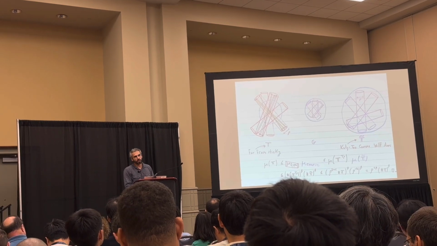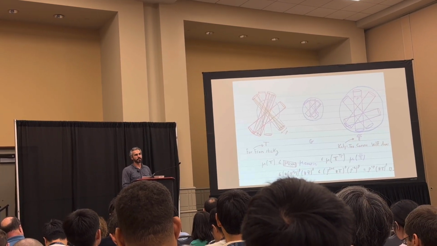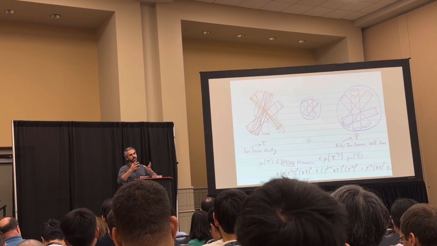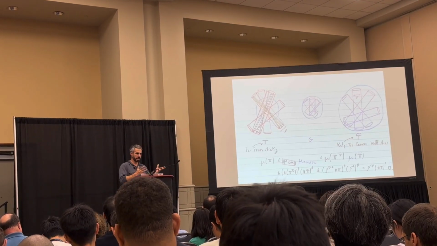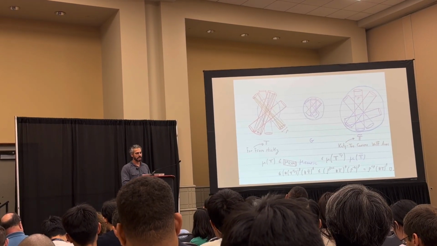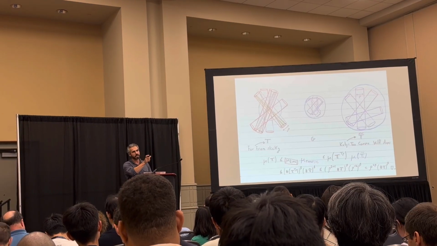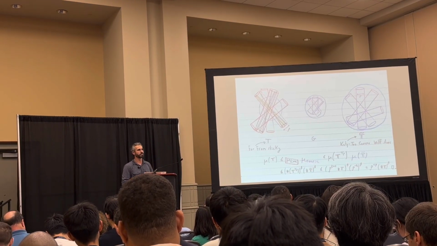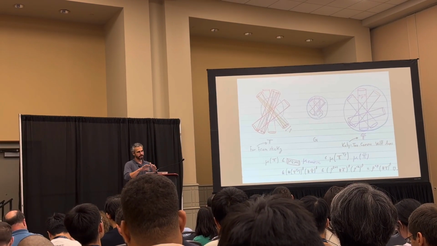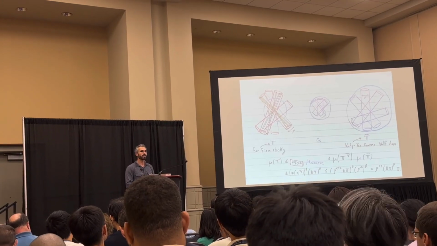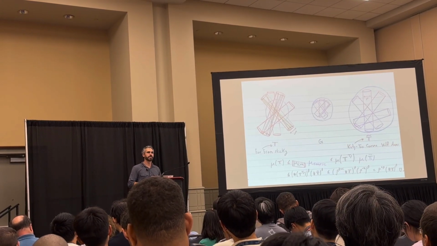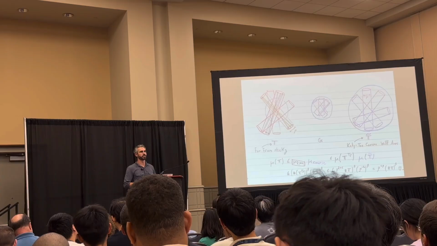So mu fine I have a pretty good estimate on because I'm far from being sticky. So fewer delta tubes pass through a row tube than you might expect, and that seems promising. But I need to control mu coarse. I need to control how many of these matchboxes pass through a given point. And there's different ways these matchboxes could interact with each other. But one possibility is they could be tangential, and that's maybe the most interesting situation.